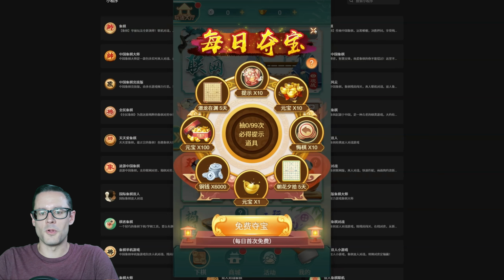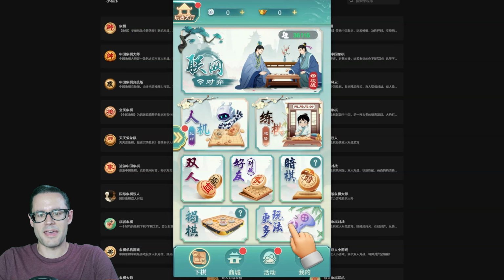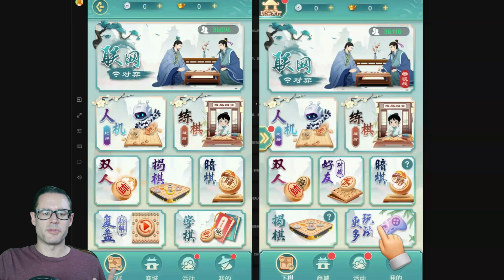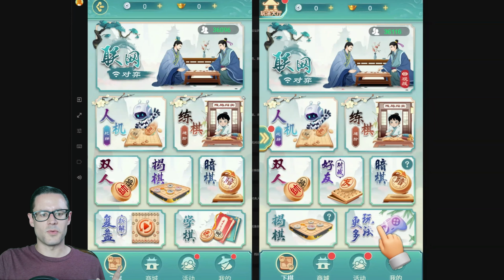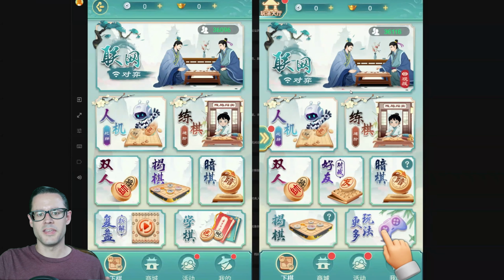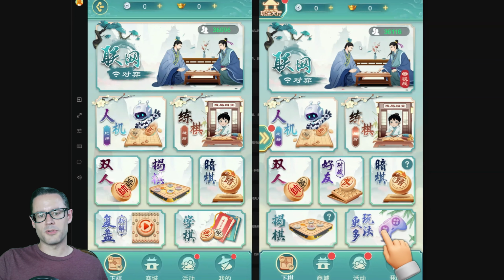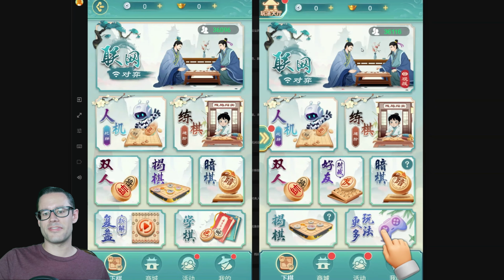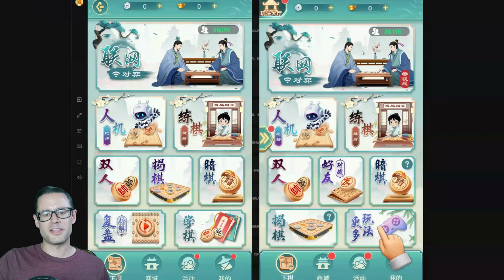And lo and behold, it is the exact same app. So I've got these running simultaneously. On the left is the one from Google Play. This is the Android version. And then on the right is the WeChat mini programs version. This app, even though it's available on the Google Play Store, is an authentic Chinese app that is available in